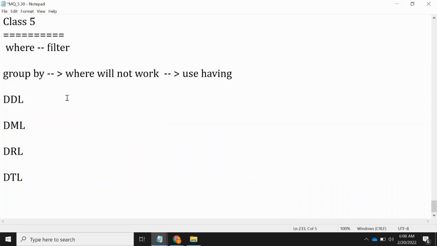Now coming to DDL, data definition, when you are doing create and alter